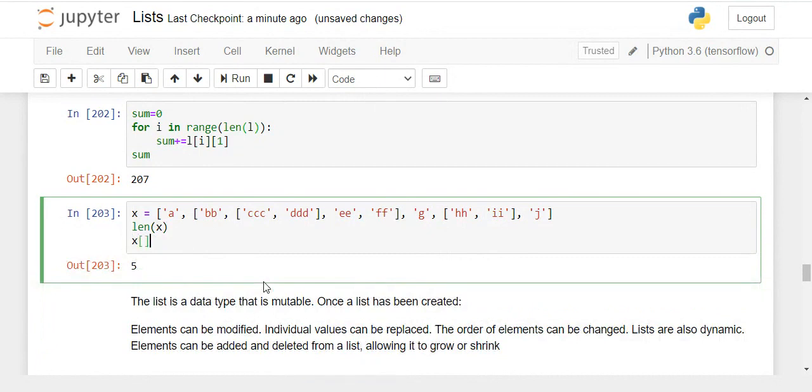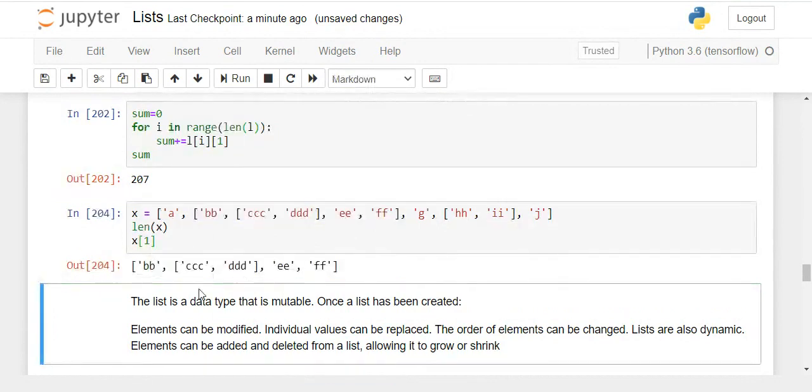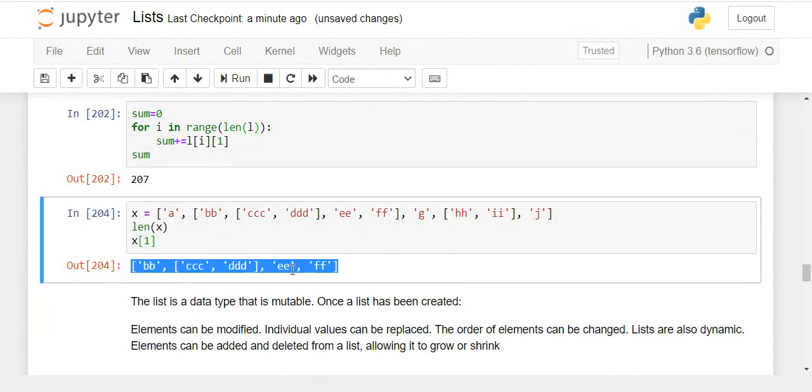Now, if I have to retrieve this value, initially you have to first go to this particular index. Now, what is this index denoting? 1. Yes or no? This is the 0th index, this is the first index. Even if you print the value, you'll get what? The value of the list which is present at index number 1. Now, once you have retrieved this value, from this value you have to retrieve DDD.